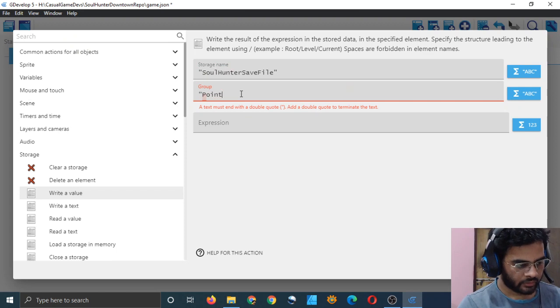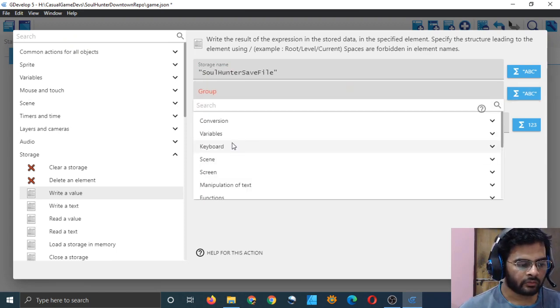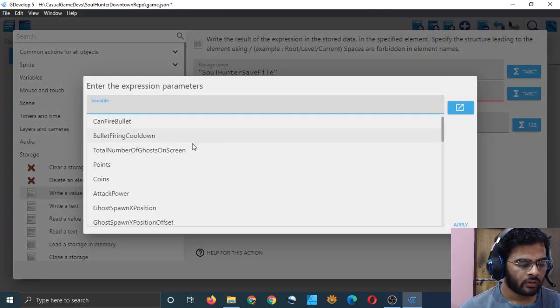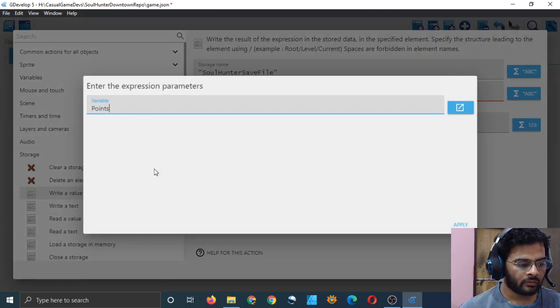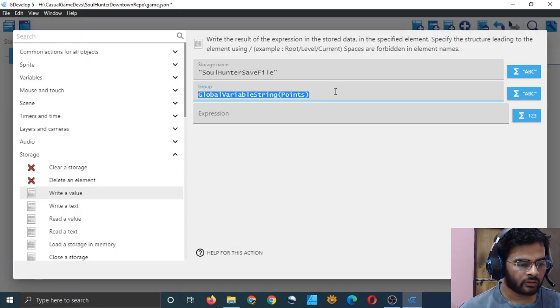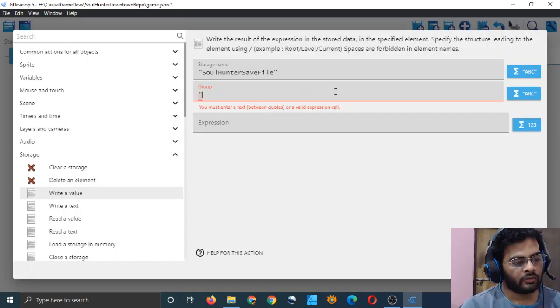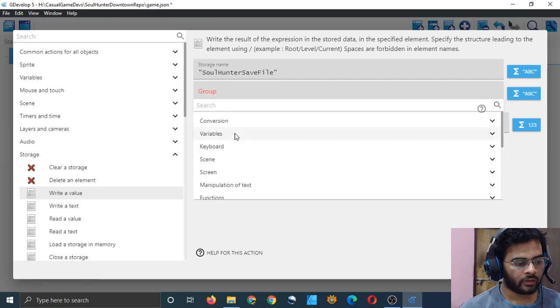Group. I guess it's really everything, right? I mean all the global variables. This will just give me the text of the global variables, which is not what I want. Just call it points. Let me see all the variables really.